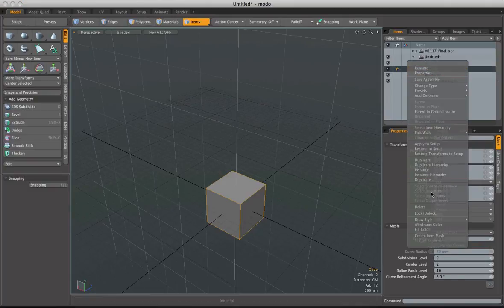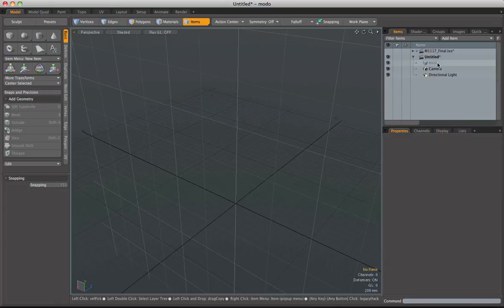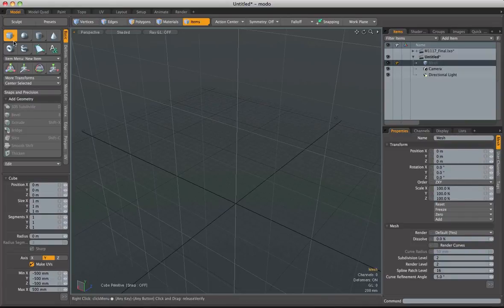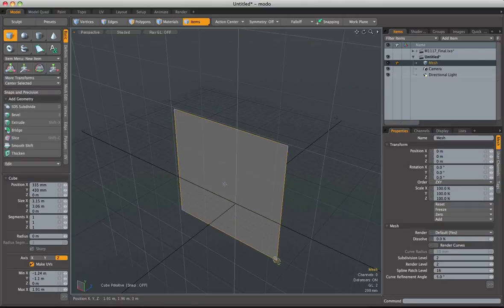Now I'm actually going to delete that for now because I don't want to do that. I'm going to come back to my blank mesh layer and do exactly what I did the first time I introduced you to this concept, and that is click the cube and interactively drag it out inside my scene. Now, what actually defines where this is being created? Well, if we look inside the scene and take a look at the objects I can see in the viewport,